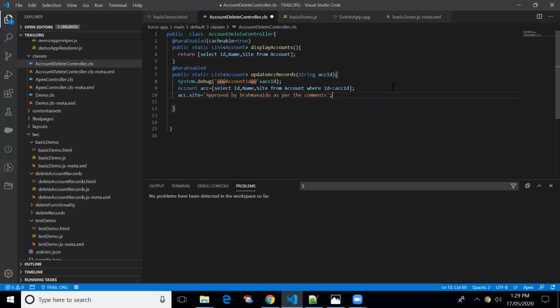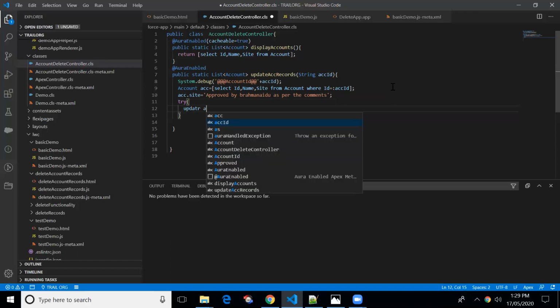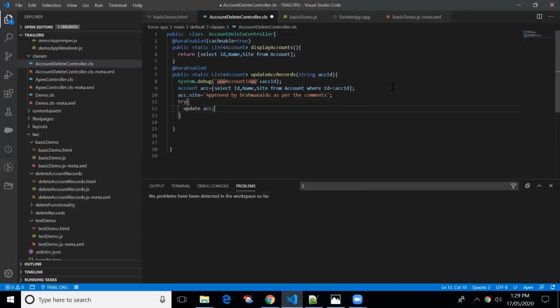In the try block, I'm going to update the record. In the catch block, I'll be catching the error. If something goes wrong while updating the record, it will enter the catch block. We'll be handling the error in the catch block, so catch Exception e.